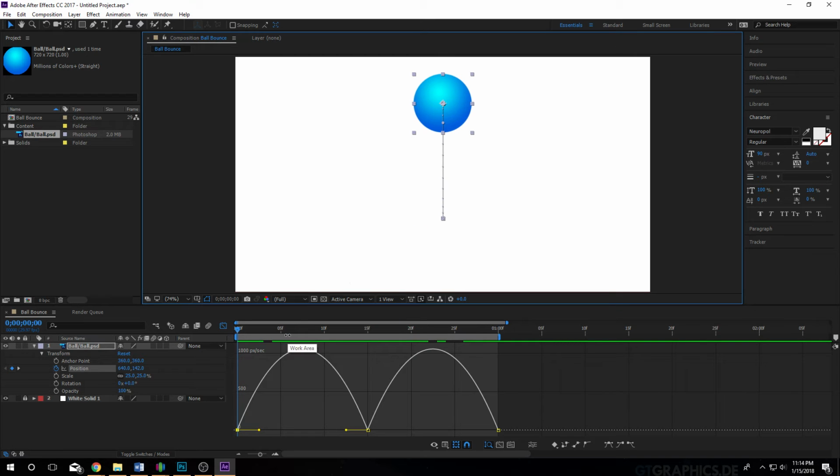So if I were to play through, you'll notice it's basically pretty solid, just going up and down, not really doing too much in the way of representing a ball bounce. But if we were to adjust some of these nodes, we'll be able to get this to feel like it's bouncing. So it's going to feel like it hits the ground, gains momentum, slows down, and then starts to accelerate back down to the ground. So to do that,